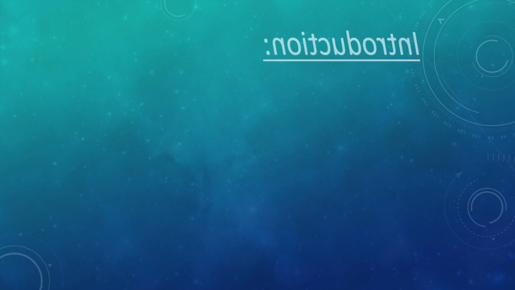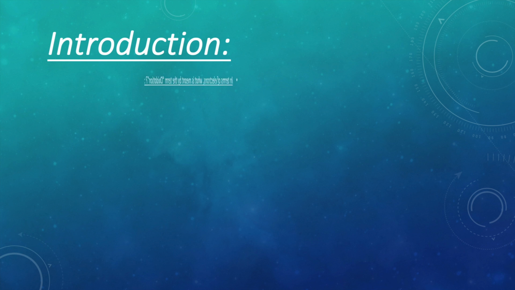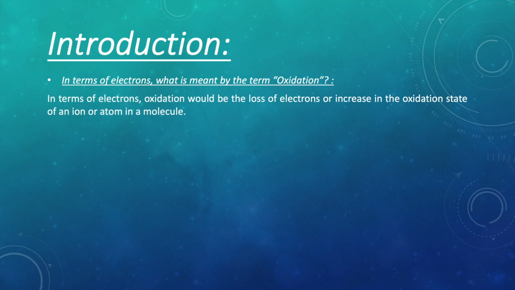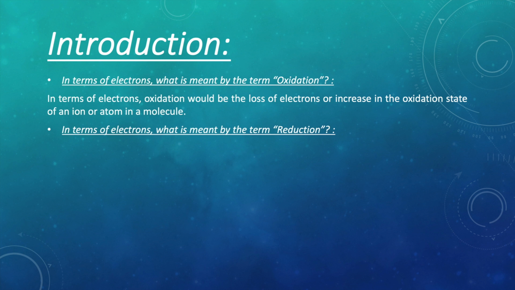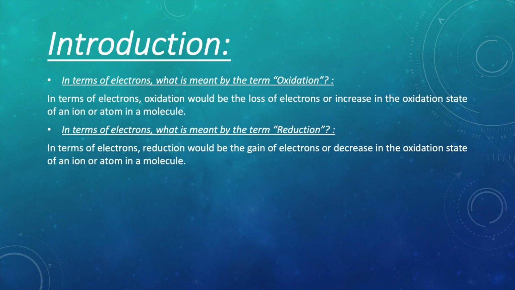So a little bit of an introduction. In terms of electrons, what is meant by the term oxidation? In terms of electrons, oxidation would be the loss of electrons or increase in the oxidation state of an ion or an atom in a molecule. So what is meant by the term reduction in terms of electrons? The reduction would be the gain of electrons or a decrease in the oxidation state of an ion or an